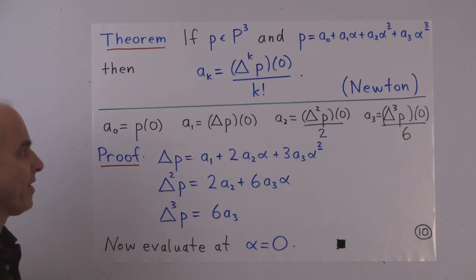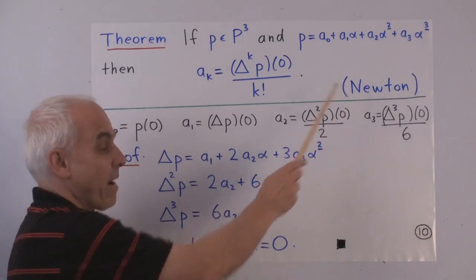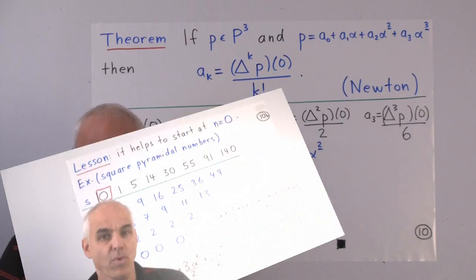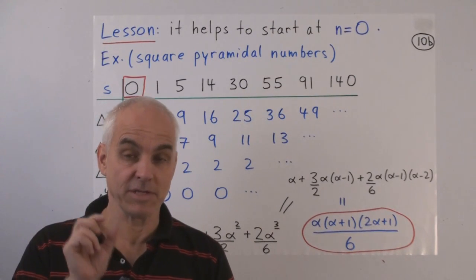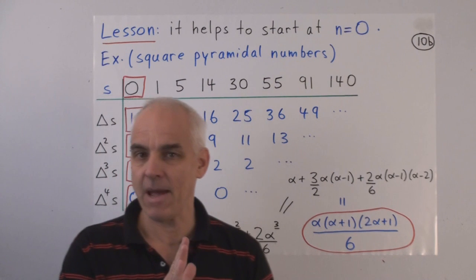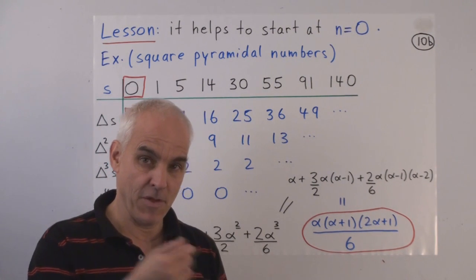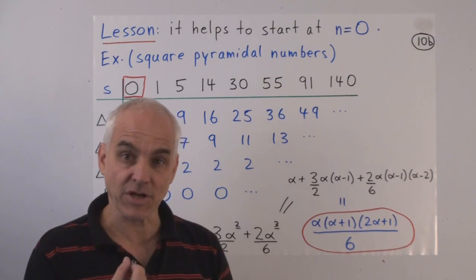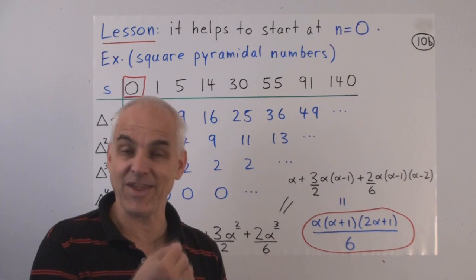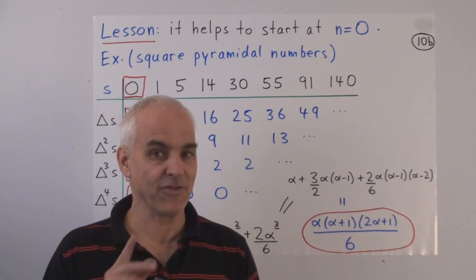So that's a proof of this very fundamental fact, going back to Newton. It's an important fact. We can see that the position 0 is playing an important role. And this is exactly the same kind of thing that happens in calculus. When you look at a Taylor series for a polynomial or a function, then the coefficients are evaluated in terms of the derivatives at 0. The situation is completely analogous to that one.